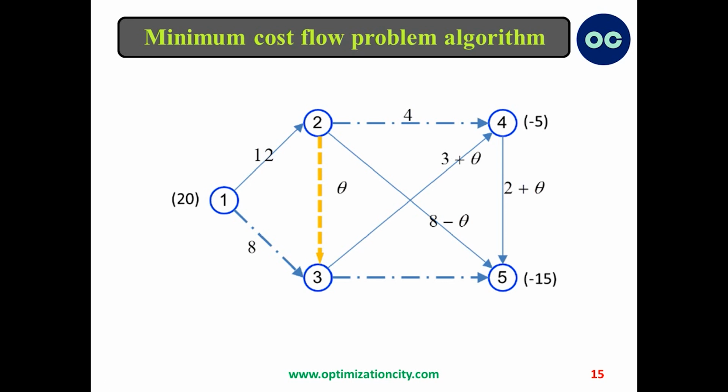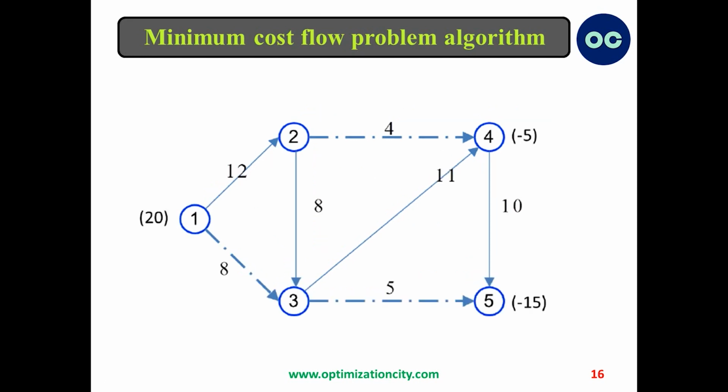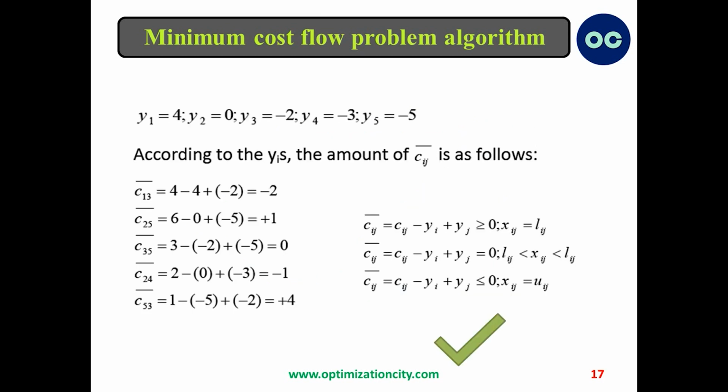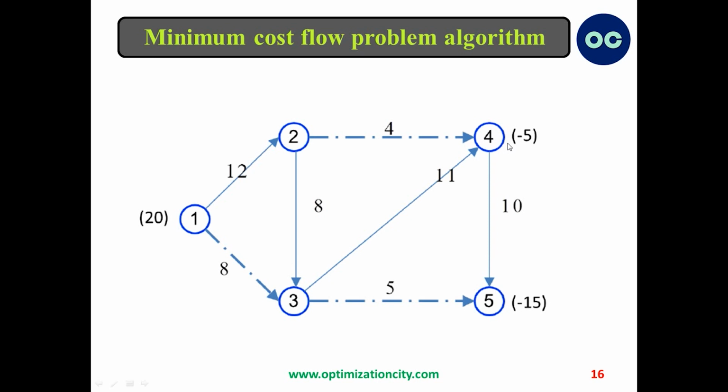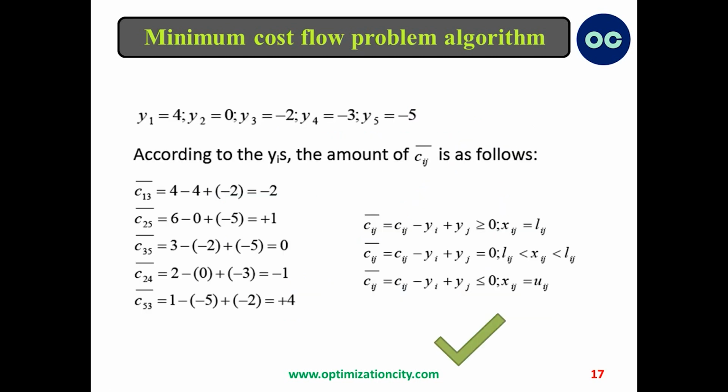As a result, the updated basic solution is as follows. Using this basic solution, we can again calculate the yi by setting y2 equal to 0; y1, y3, y4, and y5 are calculated based on this equation here. Based on the new yi, we determine the amount of Cij bar for the